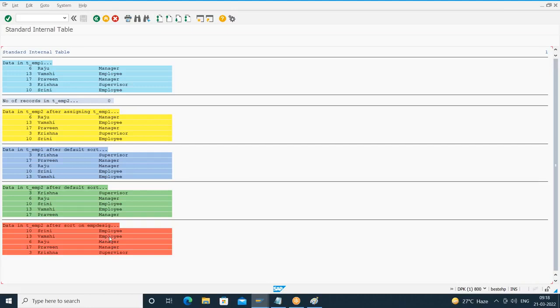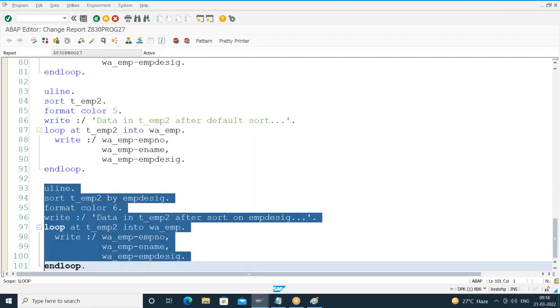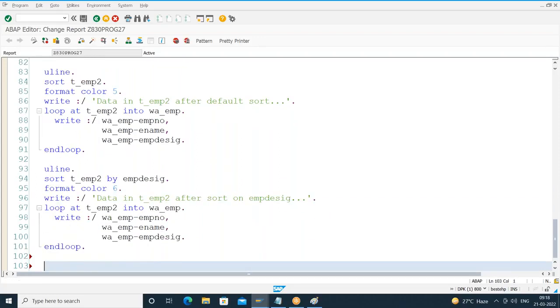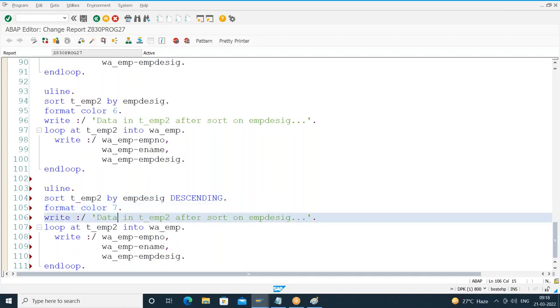Understood? ASCII values. All employees together, managers together, and then supervisor. Suppose now here I'll say sort T underscore EMP2 by designation descending. By default, it will sort in ascending order. I want descending order, so I have to use the addition descending after sort on EMP desig. Okay, so when I execute,